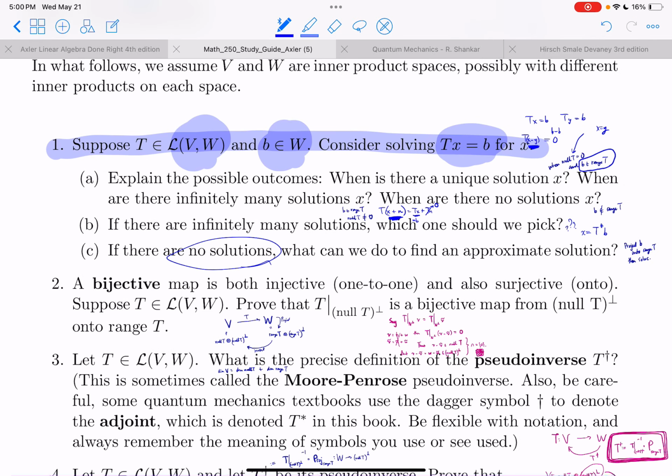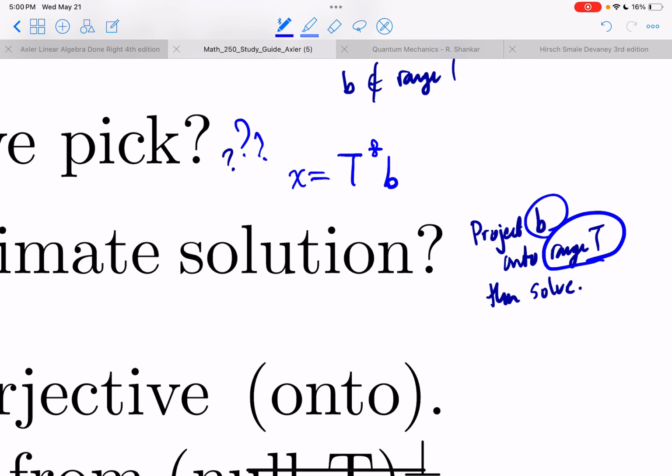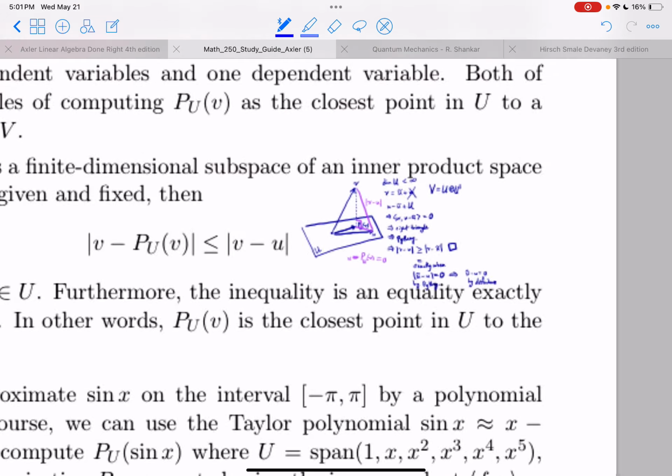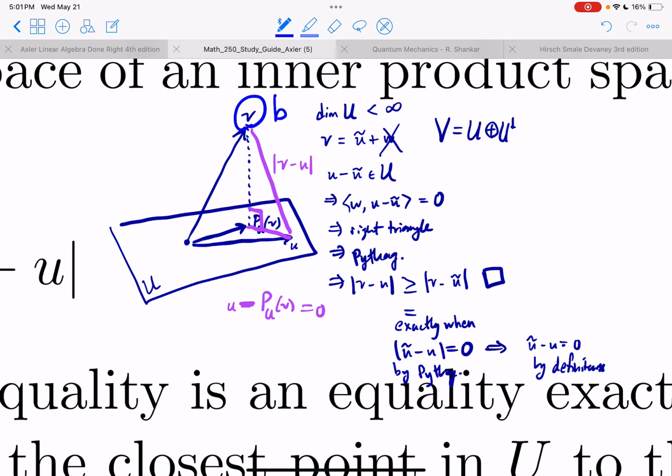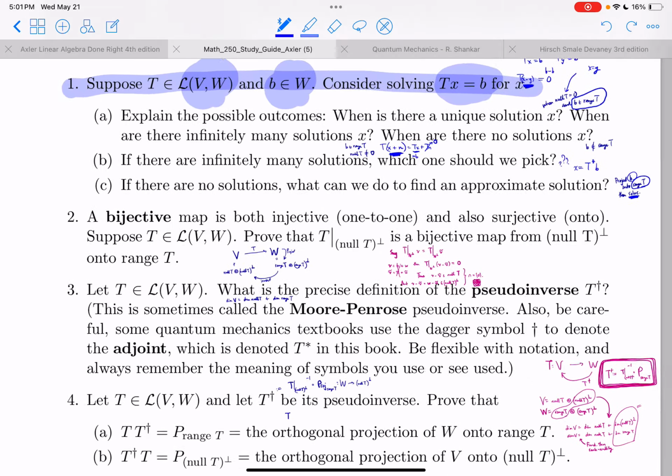If there are no solutions, what should we do? Well, first just project our data onto the range and then solve for that vector in the range. That's the idea. That's what we've been doing this whole time. We should just take our data, and now it's B, and just project it down here, and then using our basis of U, actually solve, and we're good. I guess our basis would be here. Okay, so, all right, now